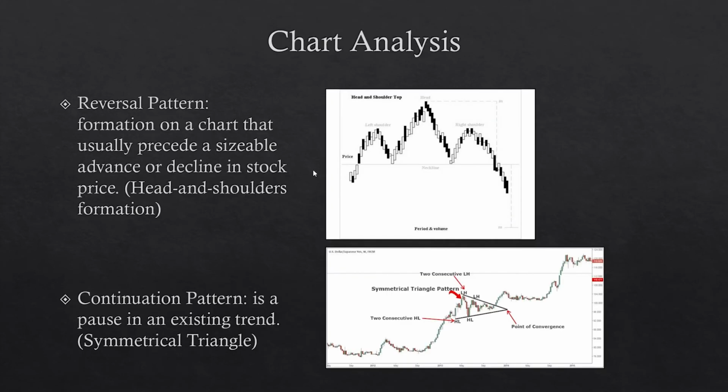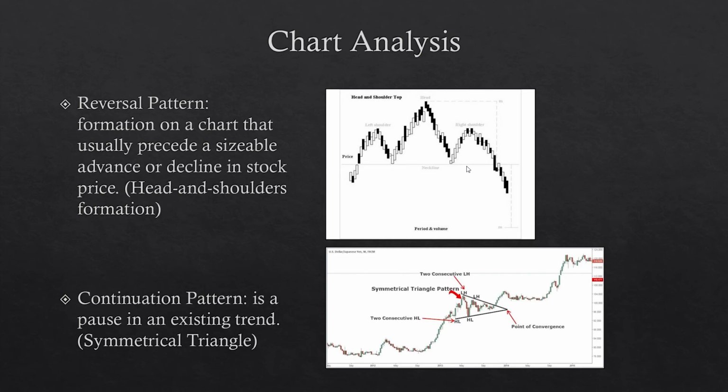So looking at the graph here, you can see the left shoulder. The price might increase and reach a resistance level at the left shoulder, and it will drop down to what can be seen as a support level. Once it does decrease here, it will have some increased volume and it will increase the stock price because of that, and it might break through that resistance level, reach the head here, and then it will decrease back down and reach another support level. So basically this is called a reversal pattern because the stock price is trying to increase, but it just cannot maintain it. So near the end, this is when the stock price might decrease below. It tried going above its current price, but it just couldn't maintain that